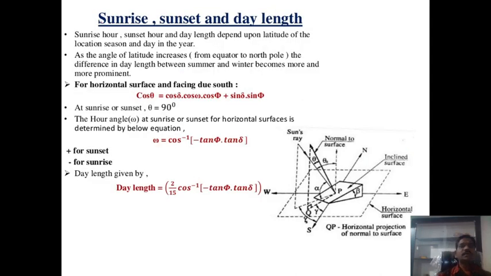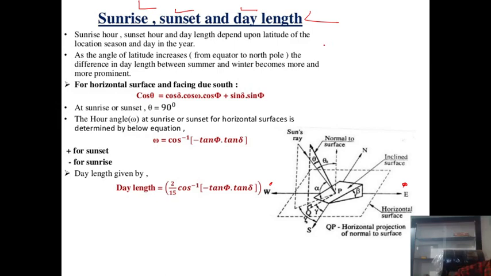So here guys, some definitions: sunrise, sunset and day length. So we know the sunrise, we know the sunset and day length. Okay, day length means what is the distance from this sunrise to sunset. This is nothing but the day length. जब सूरज निकल गया और सूरज डूब गया, इसको हम क्या कहेंगे बच्चों, डे लेंथ. यस और नो? यस.